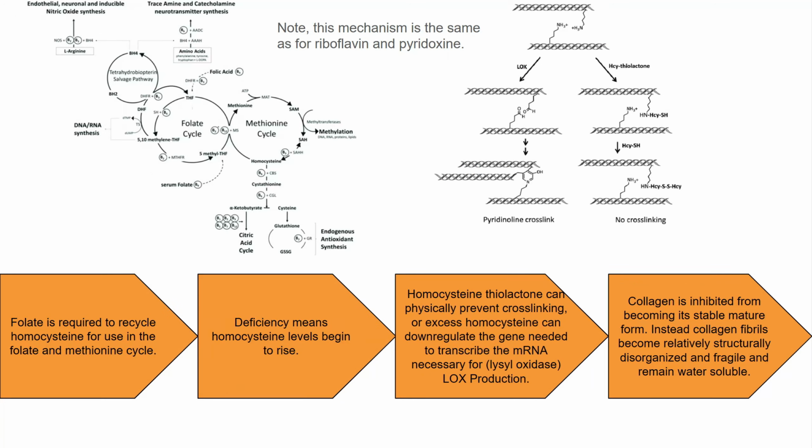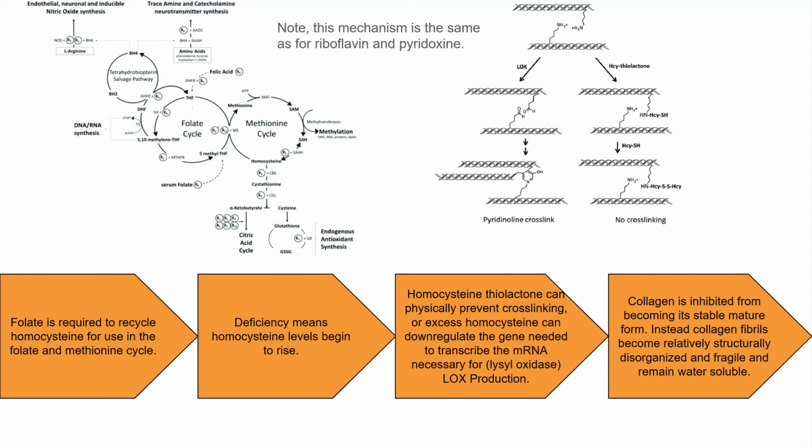All right, you've seen this slide 2 times already, once in the riboflavin video and once in the pyridoxine video. Let's review though. When homocysteine levels rise from something like an impaired folate cycle, then it can become homocysteine thiolactone and bind to collagen. A little fun fact is that this mechanism that causes homocysteine to become homocysteine thiolactone is essentially a protective mechanism, but it's still going to cause problems in our collagen synthesis nonetheless, as it reacts with